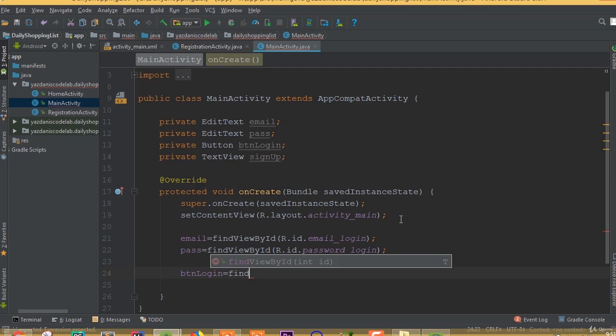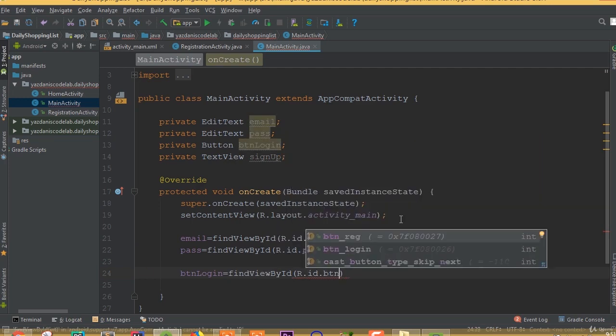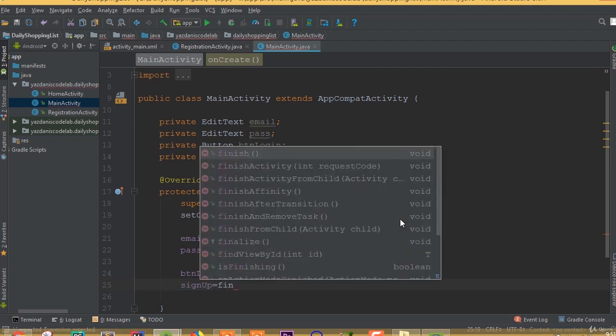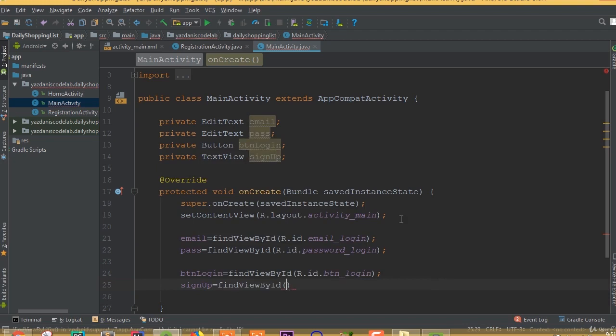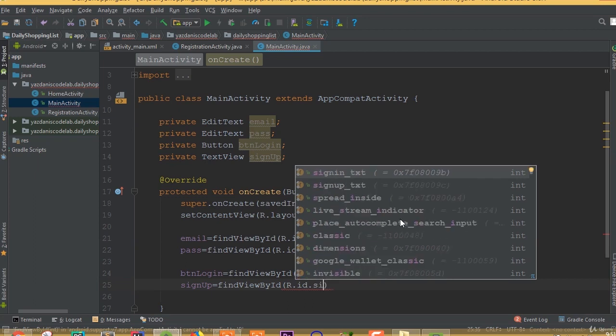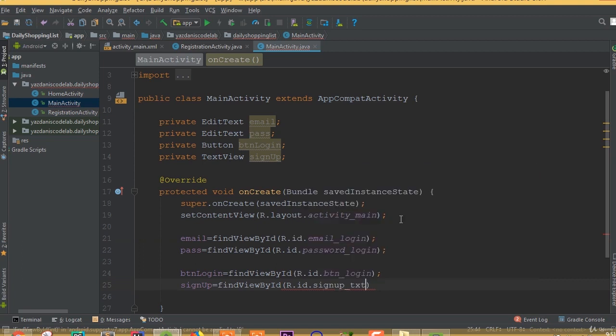And for button login is equal to findViewById R.id.button login, and sign up is equal to findViewById R.id. and this one is going to be for sign up text,